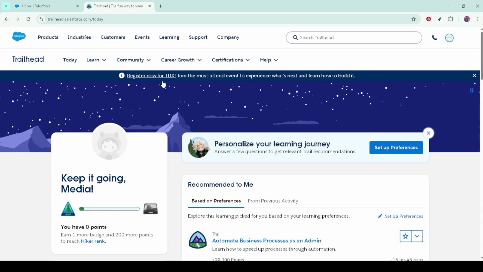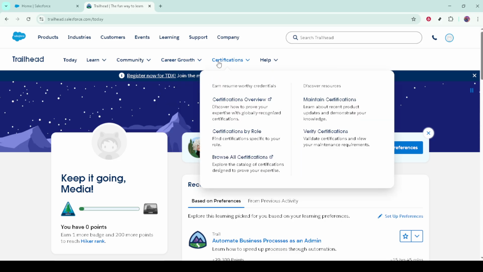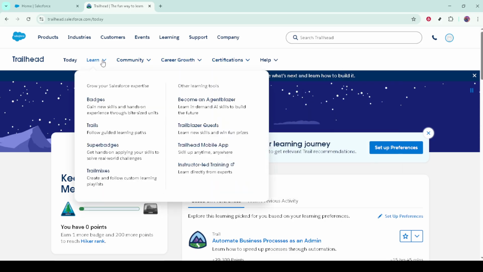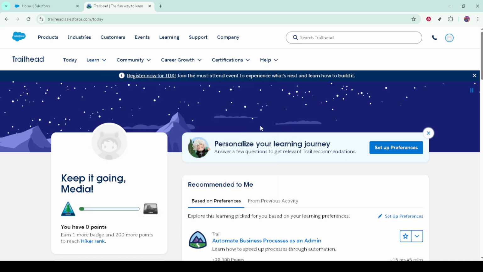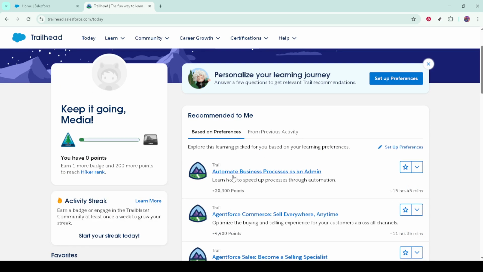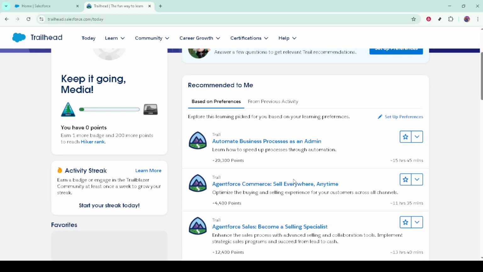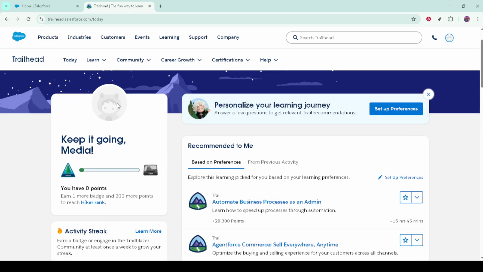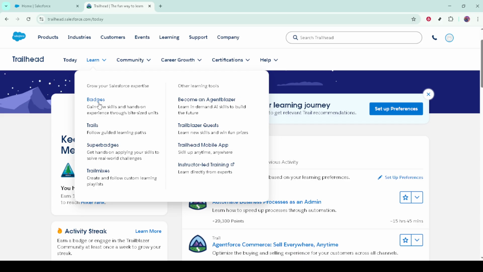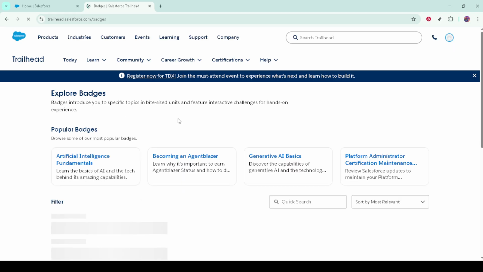Next, dive into learning on Trailhead to build both technical and business skills. Choose a learning path that aligns with your goals: administration, development, analytics, marketing, or cross-functional business topics. Modules are bite-sized, and projects guide you through hands-on tasks in safe practice environments called playgrounds. Badges and points aren't just for fun, they document your progress and signal your capabilities to teams and recruiters. Block consistent study time, keep notes on key concepts and commands, and bookmark a few trails you plan to finish this month to stay focused.